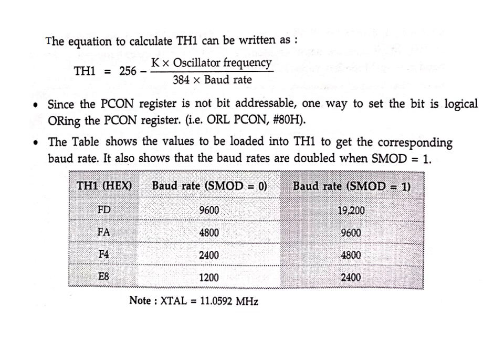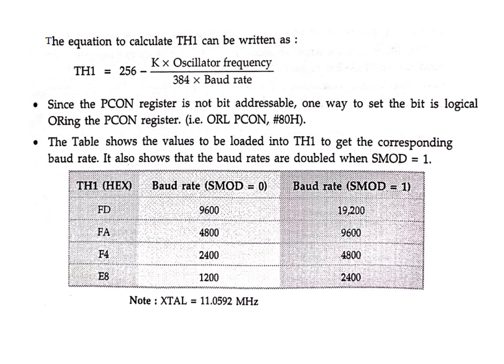That means if it is required to change the SMOD value of the PCON register, that is bit number 7, from 0 to 1 to double the baud rate, then we should OR the PCON register with the immediate value 80H by the instruction ORL PCON, comma, immediate hash 80H.